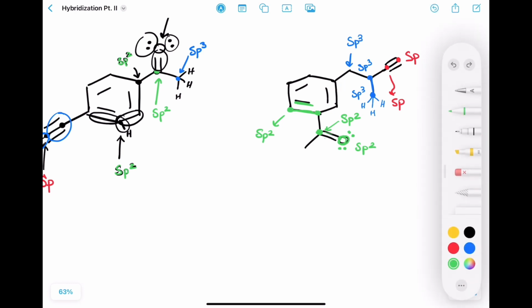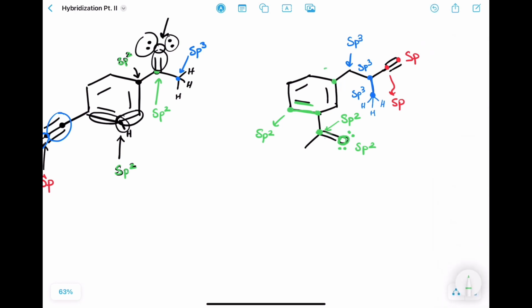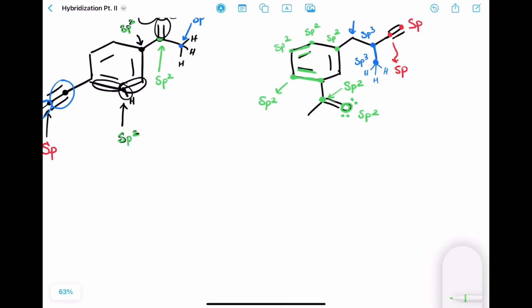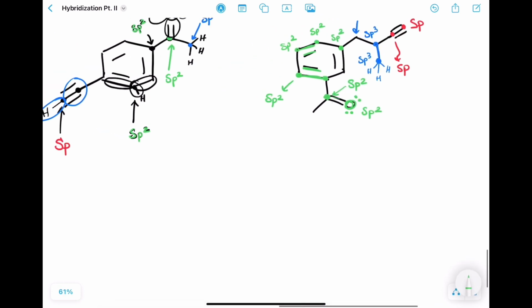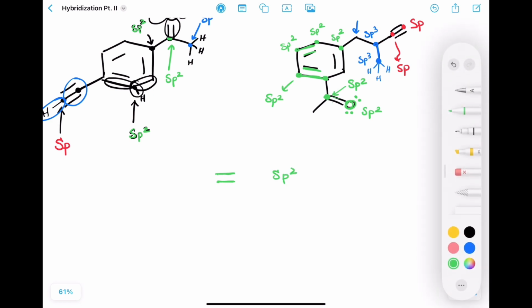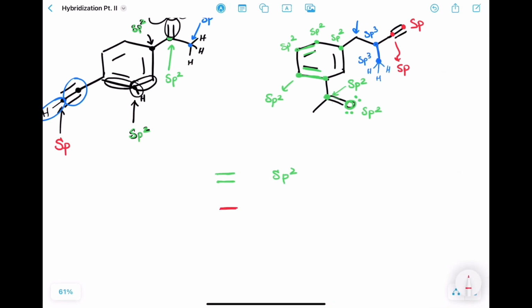That's got a double bond to it, so anything with a double bond is going to be sp2. This also has a double bond attached to it, so that's sp2. This has a double bond to it, so that's sp2. So whenever we have any atom with a double bond to it, it's going to be sp2 hybridized. Whenever we have any atom that has a triple bond on it, it's going to be